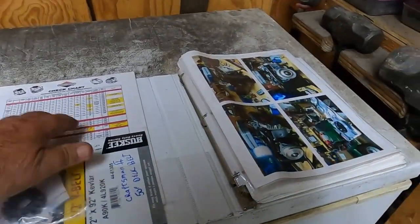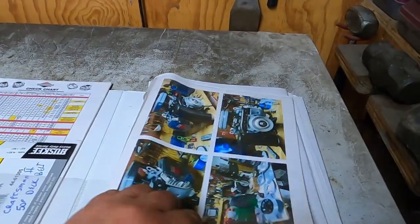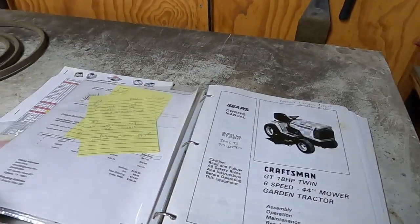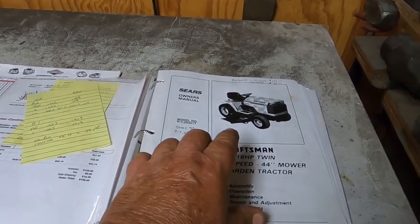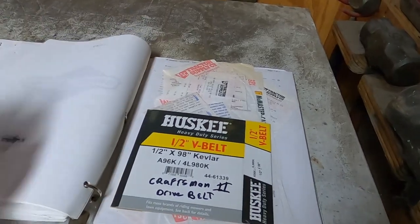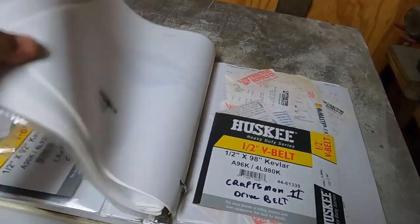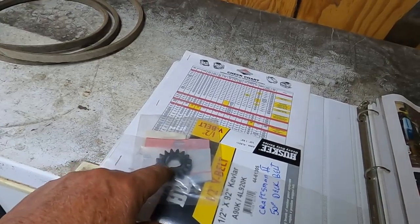All right, so we moved into the shop now. Found the book. I got books on all my machines. Documentation on what all parts and stuff we did to it, information on it. We got the owner's manual for it, and I've also got the engine manual for it. And all the information on belts and such, the drive belt, the deck belt,